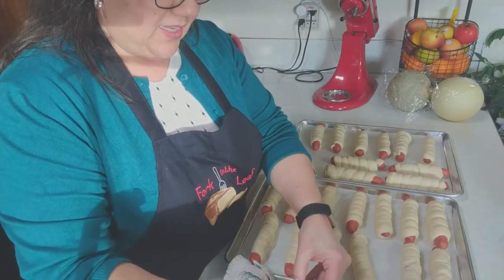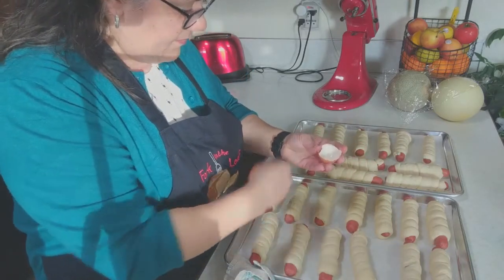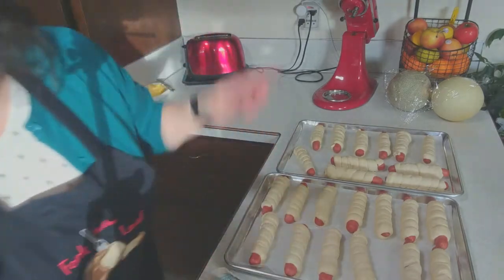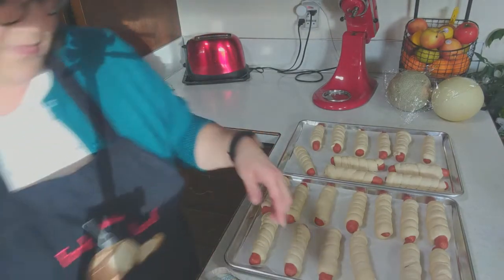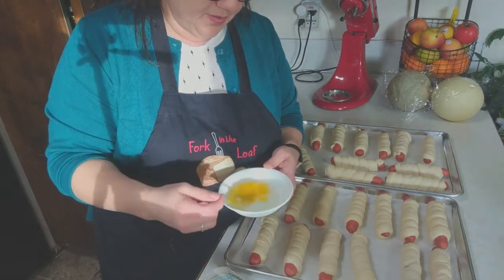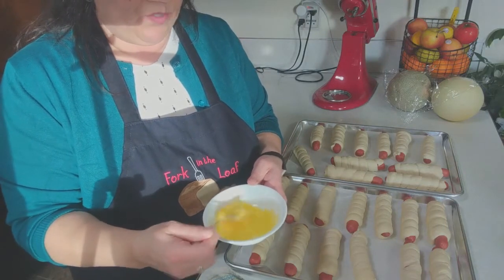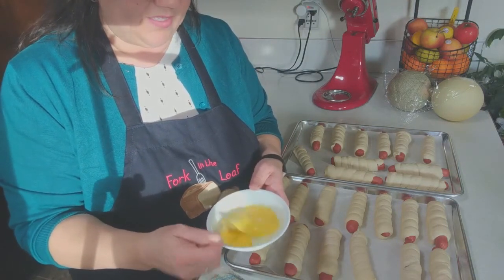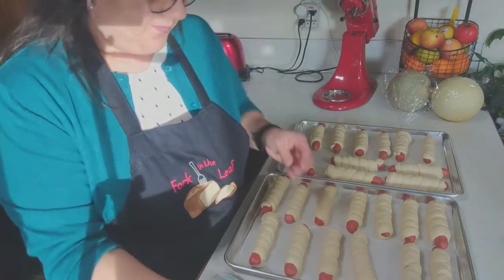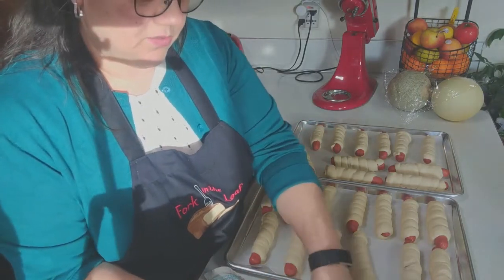And I'm going to crack it into this little bowl here, and I am going to mix it all up. And then I have a brush. And we're just going to egg wash this. That's all we're doing. You can add a little milk or water to this. I just kind of leave it as is. I have my handy dandy brush. And I am just going to